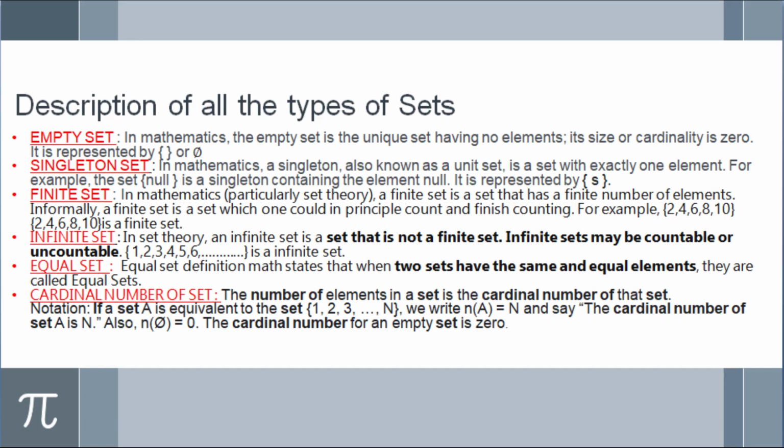So it's a finite set. So what is an infinite set? Just opposite to it. Simple. A set that does not have a fixed number of elements is called an infinite set, which is just opposite to the finite set. So its cardinal number will also be infinite, as you don't know how many elements exist in the set actually. So an example of an infinite set is the set of all integers.